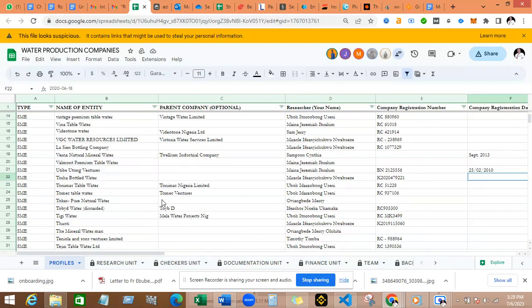So this is for the basic research. When you go online to research, the research units are the first contact of entry. They are the first people to go online and get these companies. So then the research unit sheet